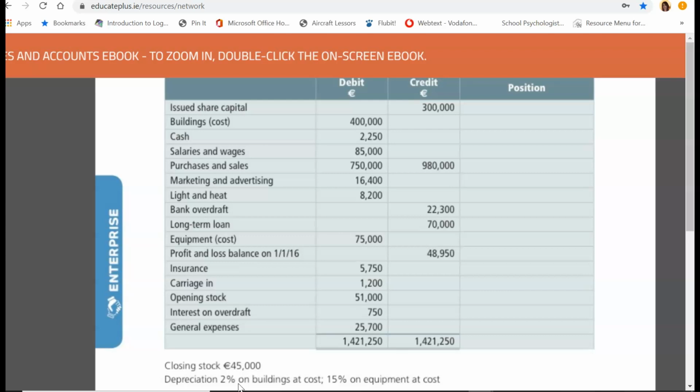Sorry, I couldn't write on this, but hopefully you got to take it down as I did. And if not, just stop, rewind, and fill it in. Again, listen to this again and fill it in. Now I'm going to go now to the actual accounts. We're going to start with our income statement,